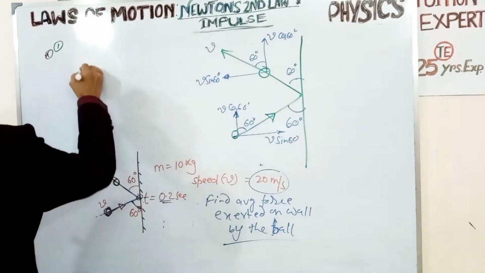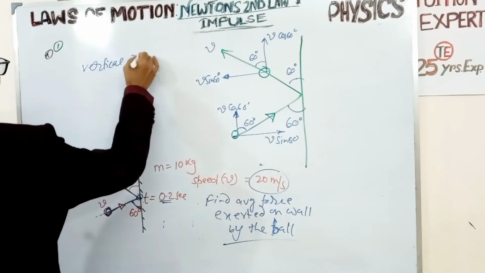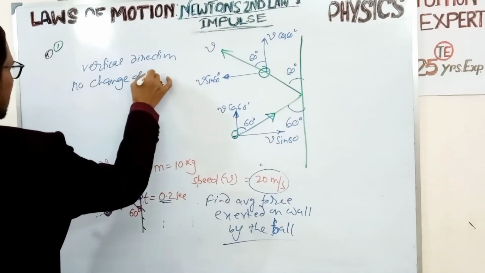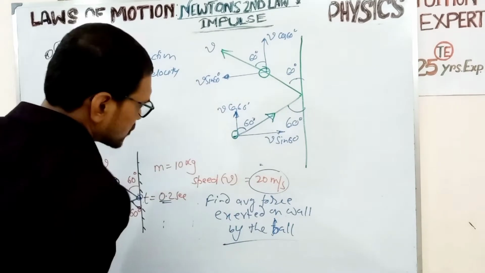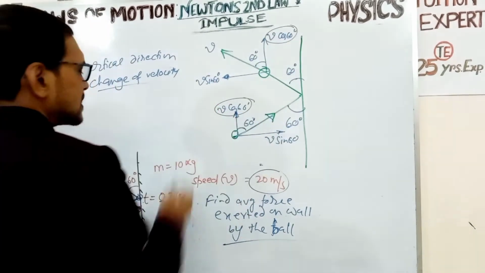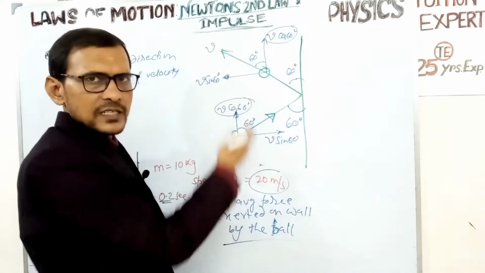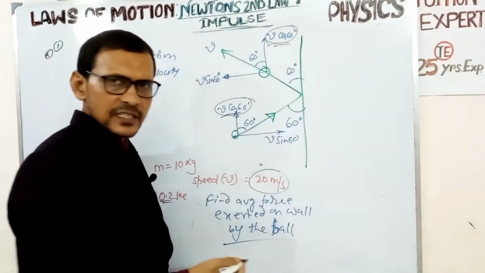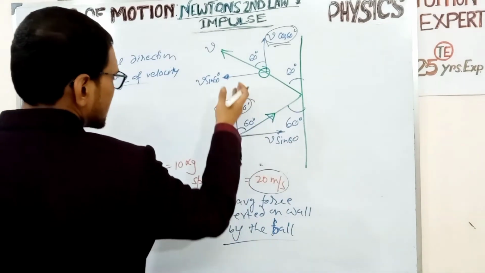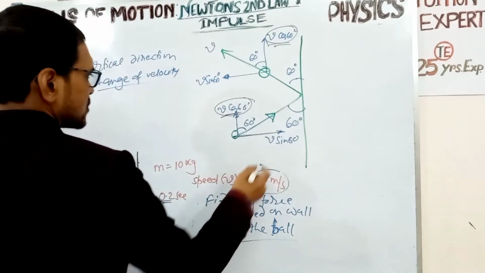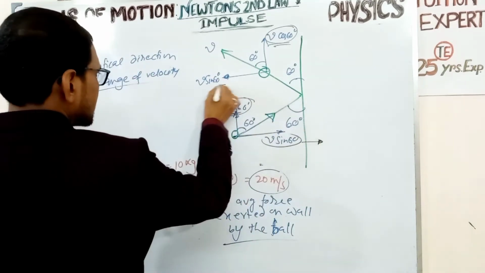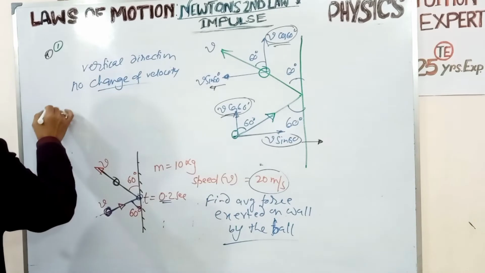So along the vertical direction, there is no change of velocity, because it is V cos 60 degrees and V cos 60 degrees. Magnitude and direction are both the same along the vertical direction. Now in the horizontal direction, the change occurs in the direction. Here this is positive, and here the velocity acts in this direction. So along the horizontal direction,